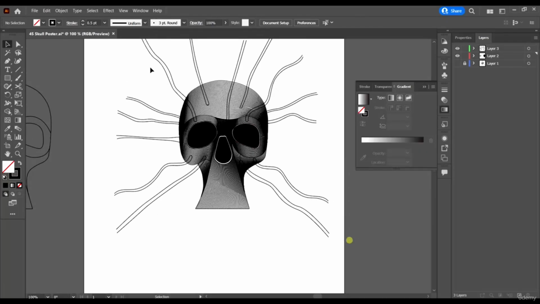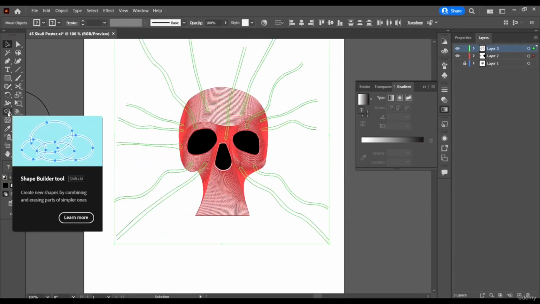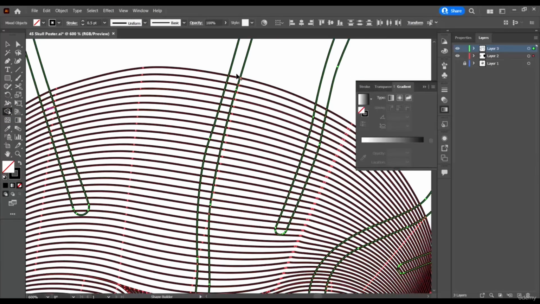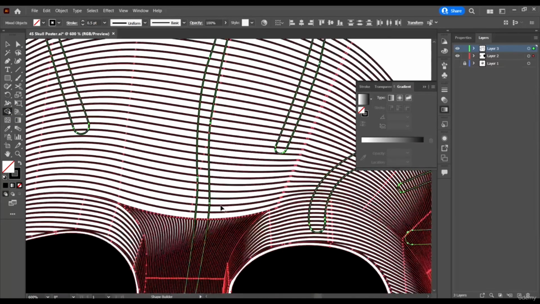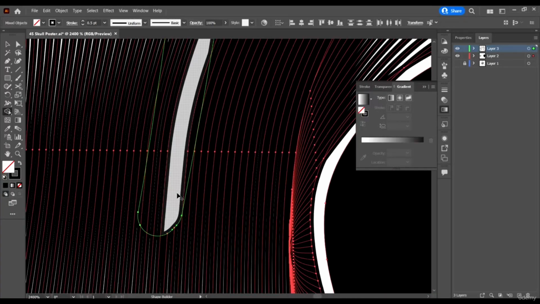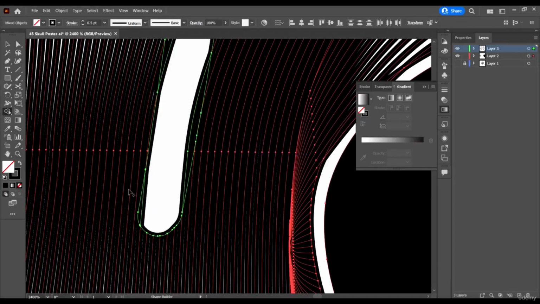Now I'm just going to select all our parts like this, all our drawings, and go to the shape builder tool, and then use Alt to just cut out some of them like this, and then use my plus to just add the whites together.